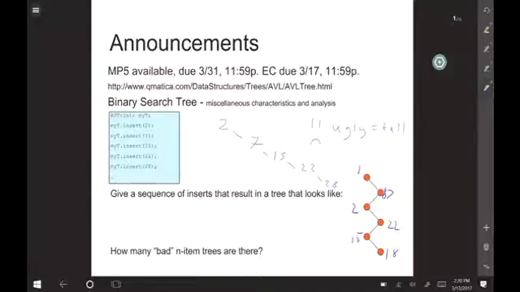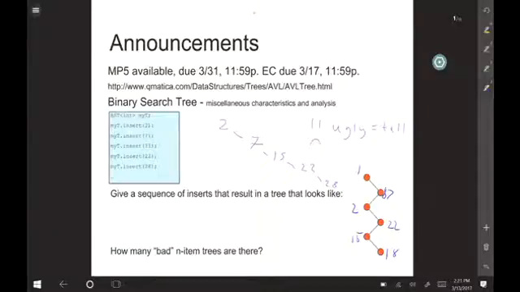So everything to the right of 1 is bigger than 1. Everything to the left of 87 is less than 87. Everything to the right of 2 is bigger than 2. Everything to the left of 22 is less, etc. I could test it by doing an in-order traversal and making sure that the values were in order at the end, that I printed them off in order, but it looks okay to me. All right,